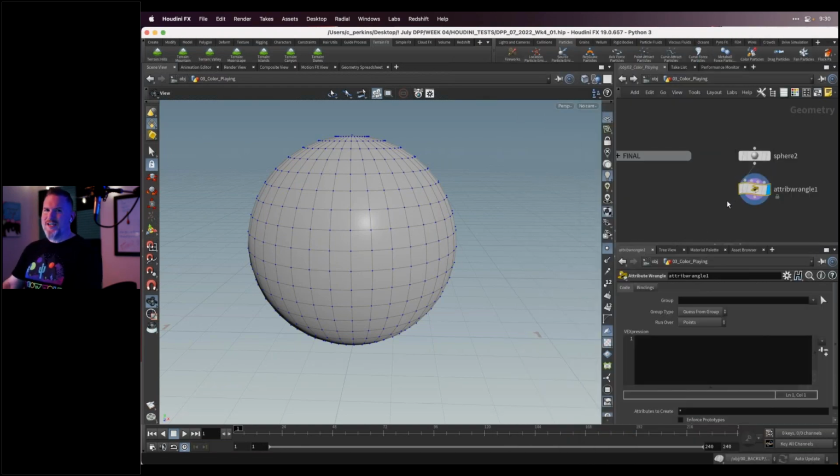And new Houdini users, this is the bane of your existence, but also where all the power is. It's basically this empty text field where you can write a bunch of code, which I am not a coding person at all. I am not a math person. My math skills are like second grade level or something like that. It's bad, it's bad.